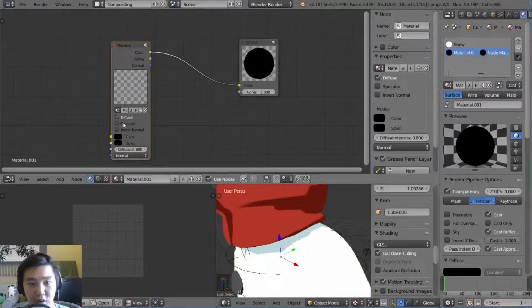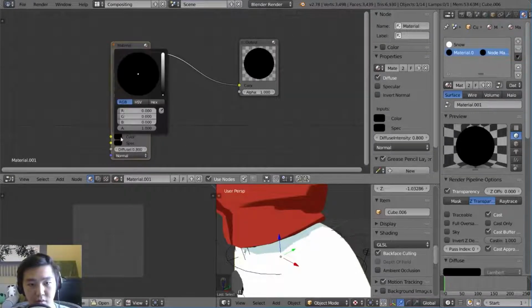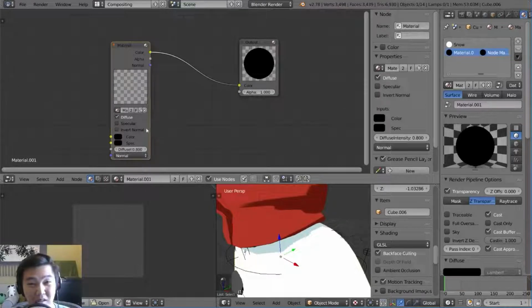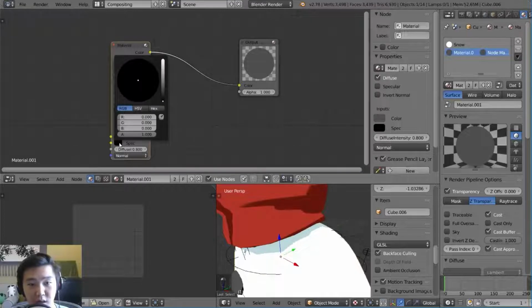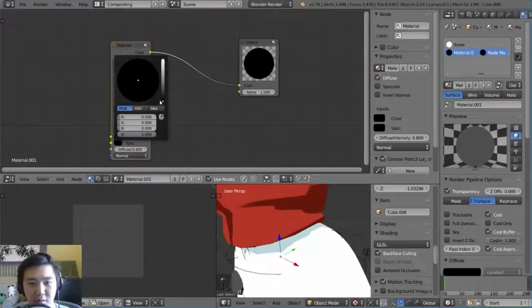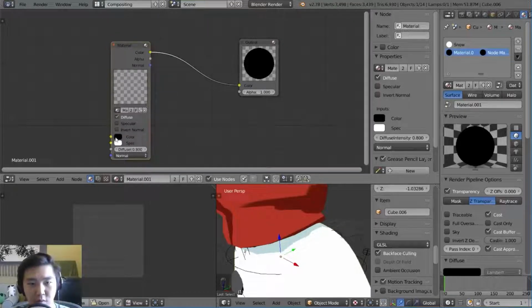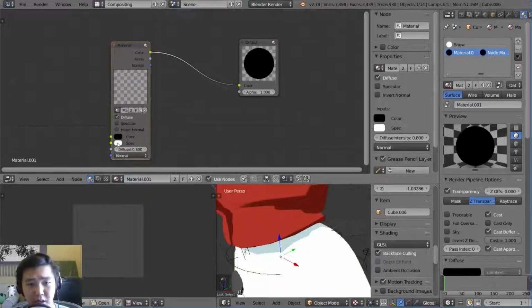And then I'm going to make sure that these colors are black or whatever color you want, as long as it's not white, so we can see it, just for testing purposes. I turned the specular down to 0 just in case, but it's shadeless, so it doesn't really matter. And by 0 I mean turning it to black. I think it starts out white, but you definitely don't need that. So let's change that to black. Change that to black as well, just in case. Not really necessary. Also turn that off because I hate specular. It ruins the whole look.